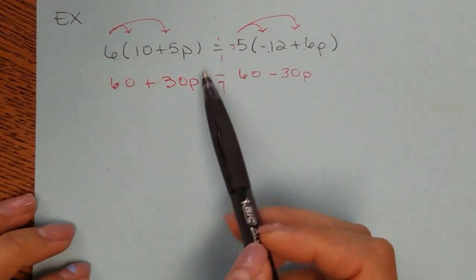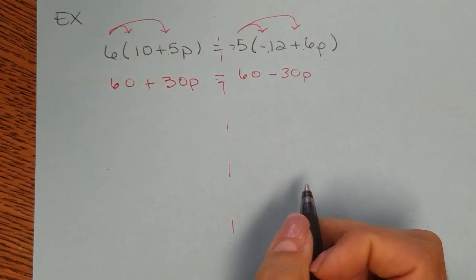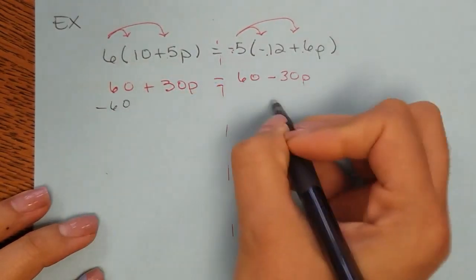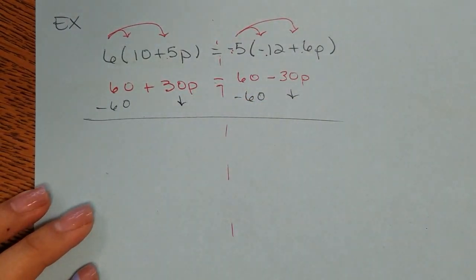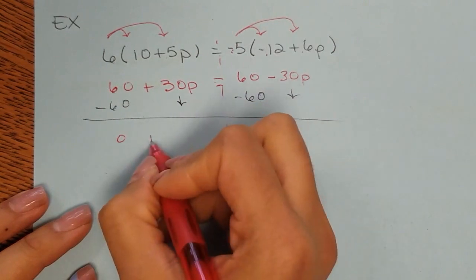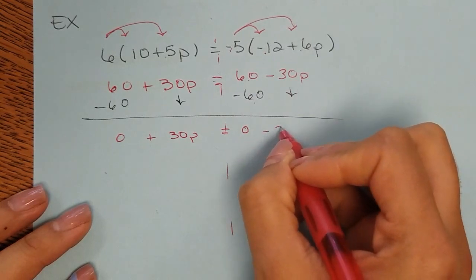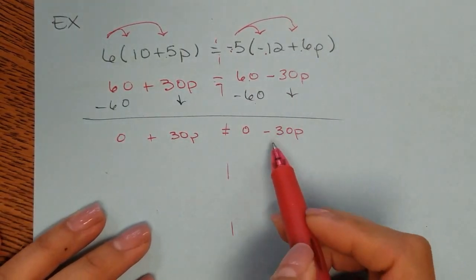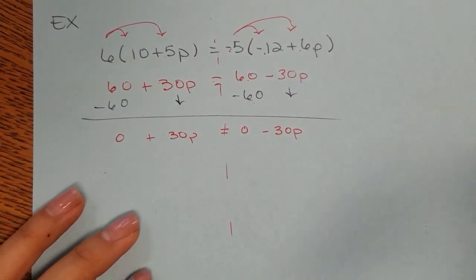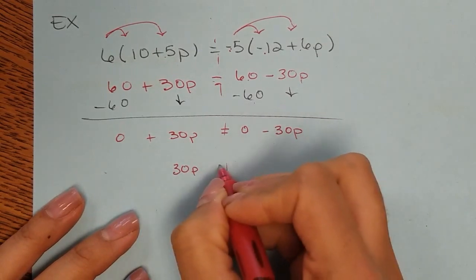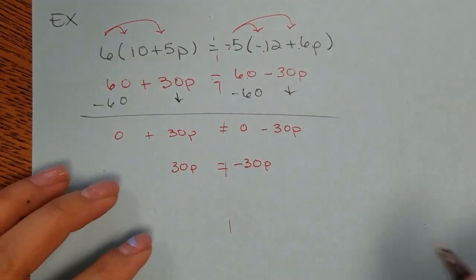Okay, so same thing. You want to make sure you get your variables on the left and your constants on the right. So I'm going to get rid of this 60 on each side. That comes down. 60 minus 60 is 0, plus 30p is equal to 60 minus 60 is 0, minus 30p. So I'm going to move that over to the other side. Let me rewrite it. So I have 30p is equal to negative 30p. I'm going to move this over because we want the